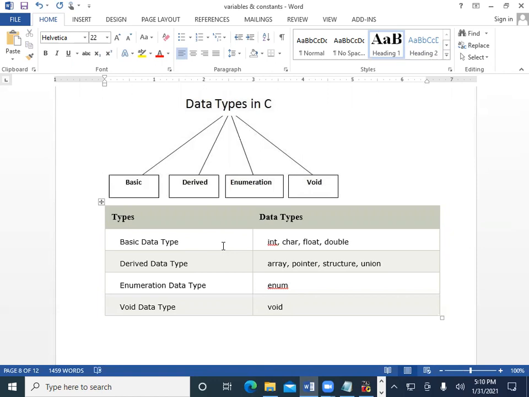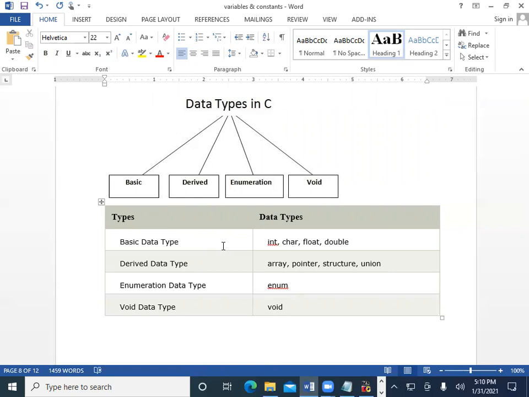Next one is the derived data type. In derived data types, the examples are array, pointer, structure, and union. These are derived because they are derived from the basic data types like integer, character, float, and double. So this is the extended version of the basic data type, and it is known as a derived data type.